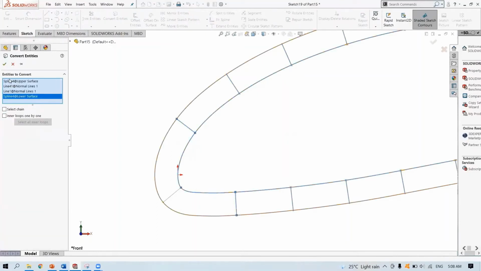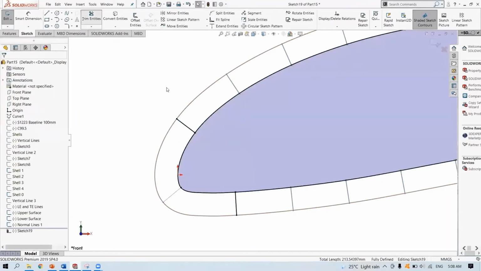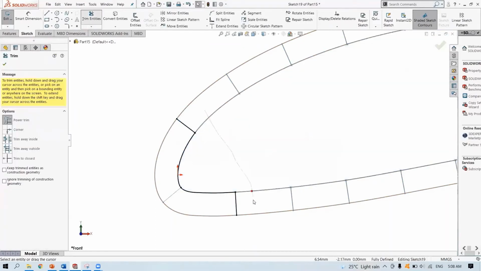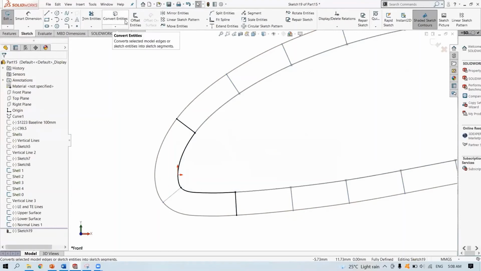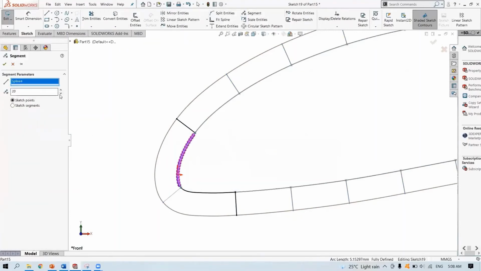Now near the leading edge, just trim the excess surface. Okay, the same strategy, maybe 8. It seems okay. Do the same thing on the lower surface.